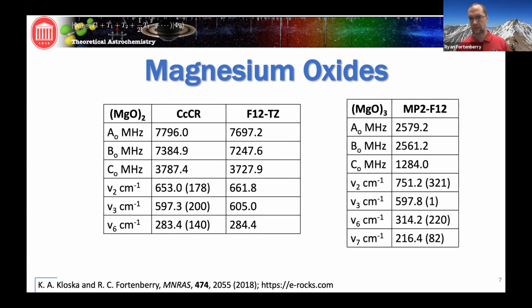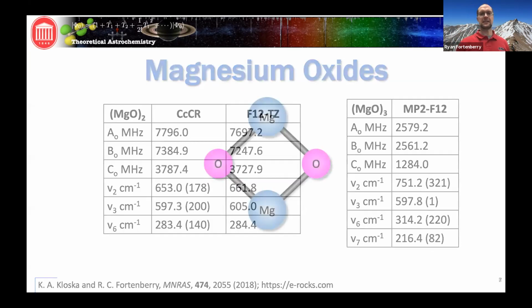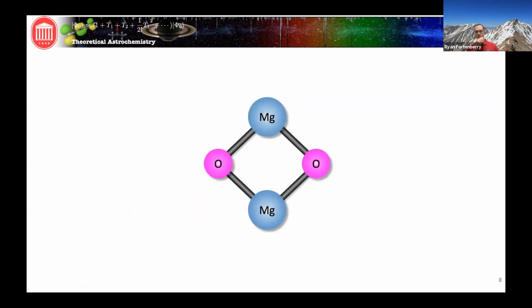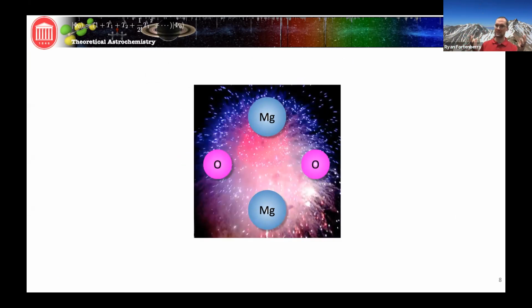And then we also calculated this for the trimer, where we're again getting some fairly large intensities too. Now, why does this happen? Why are we getting such bright intensities? So if we look at magnesium and oxygen, remember the oxygen is very electronegative and magnesium is electropositive. And so as those oxygen atoms in this one particular really bright mode are bouncing back and forth, the dipole moment is shifting dramatically such that we get this very large intensity.